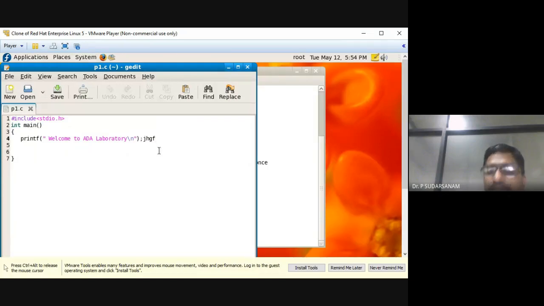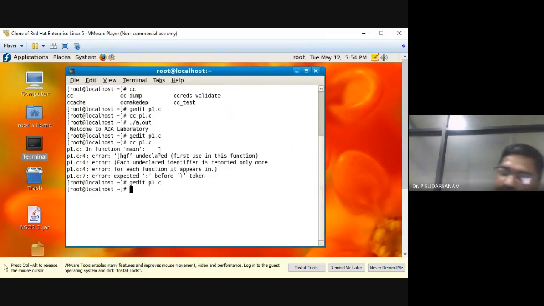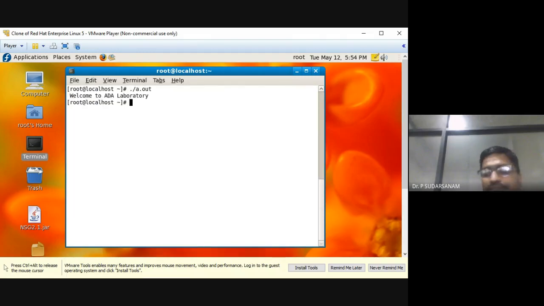You have to format it properly, then only your program will work. So now you can see compilation and running the programs. Okay, welcome to ADA lab. I'll clear it, then run the program. See now, welcome to ADA. So this is the way of execution of C programming in the Unix environment.